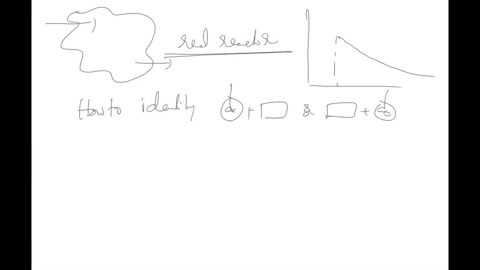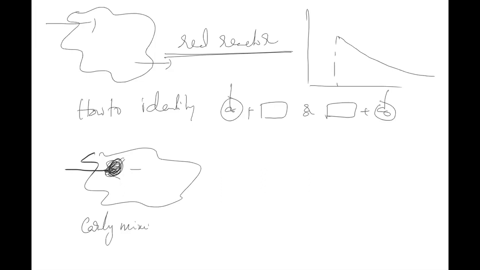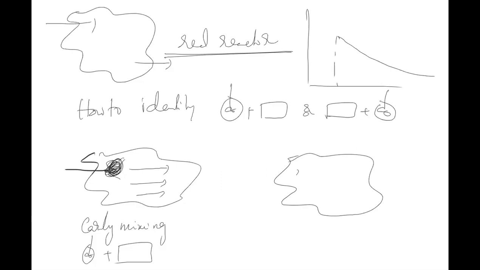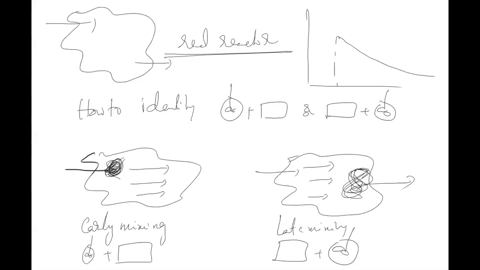That is where, suppose you have this real reactor, you have mixing in the initial part. Suppose you have a nozzle in the real reactor, a nozzle means it is a CSTR, no? This is called early mixing. Later on there is no mixing. So this can be modeled as a CSTR followed by PFR. Suppose in your plant reactor initially there is no mixing, but at the end, because of some disturbance, there is complete mixing. This is called late mixing. This can be modeled as PFR followed by CSTR.